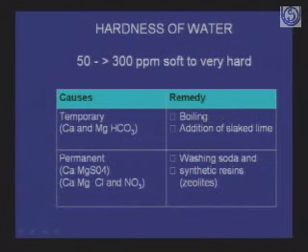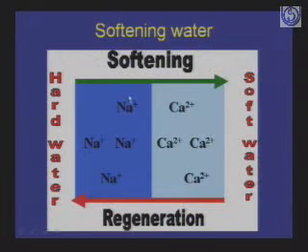The remedy is boiling or addition of silicated lime, or in case of permanent hardness, washing soda or zeolites can be used. Now this is how softening takes place. Water is passed through columns packed with sodium. So when you pass the hot water, calcium salts are replaced with sodium, so you get soft water. This is a method of permanent removal